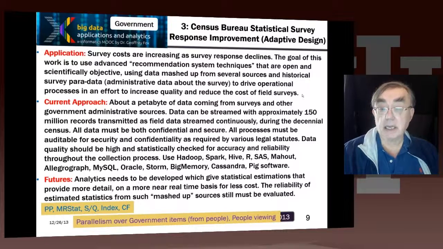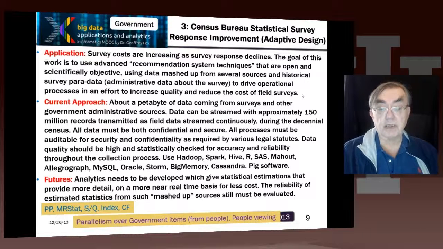And here they have around a petabyte of data. It's streamed, which is a characteristic that we will learn more about. But it's only streamed at specialized times, like while the census is happening. So we don't actually put it down as a streaming category. That's a little different from some of the other use cases where streaming is continuous.